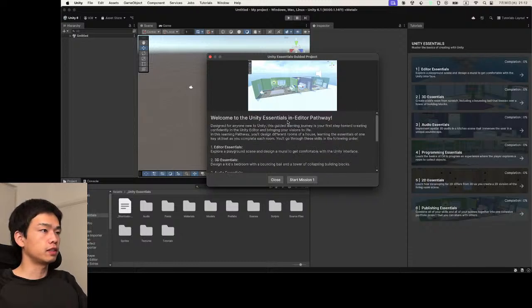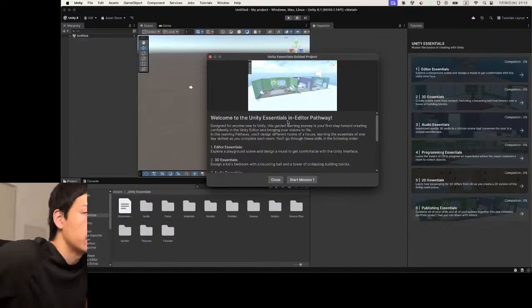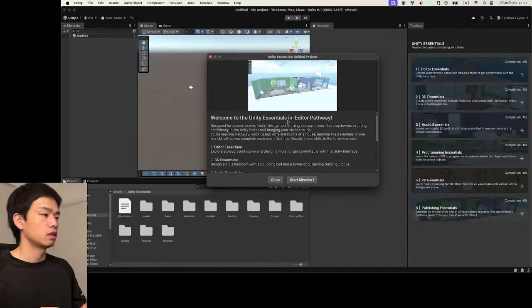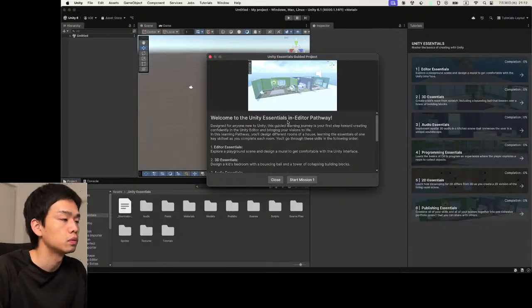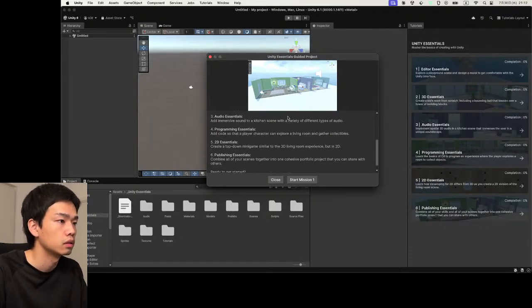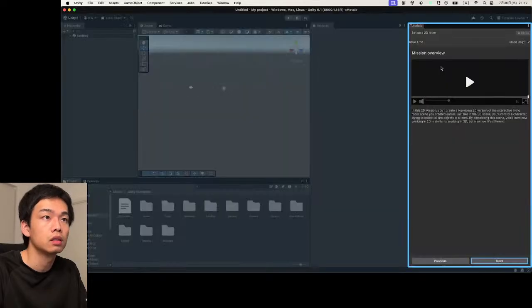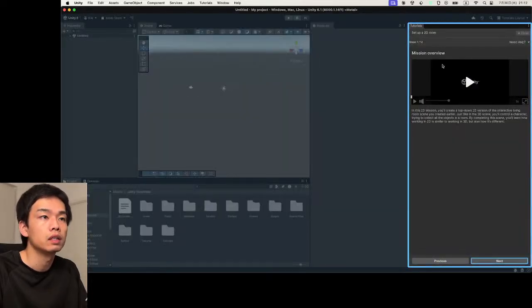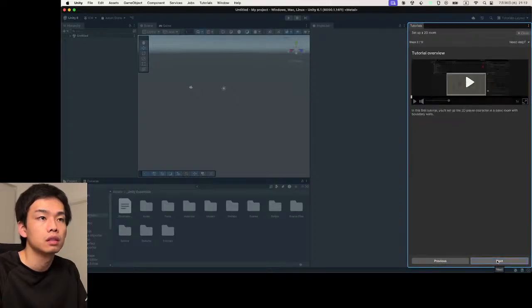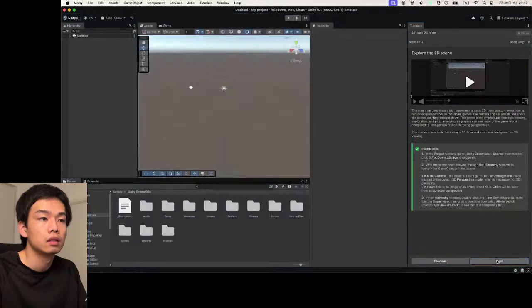Welcome to Unity Essentials in Editor Pathway. Okay. My goal is to the. Oh, we can see the video from this. So for the first